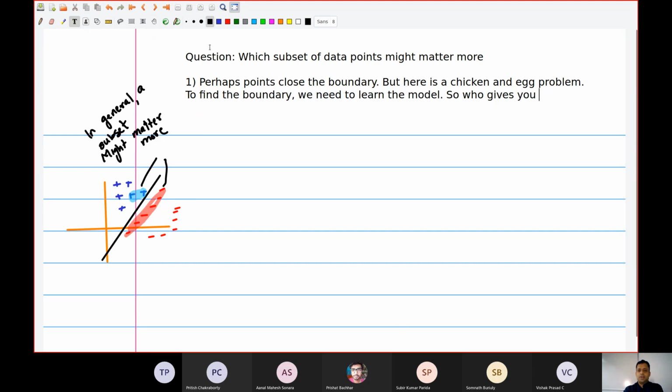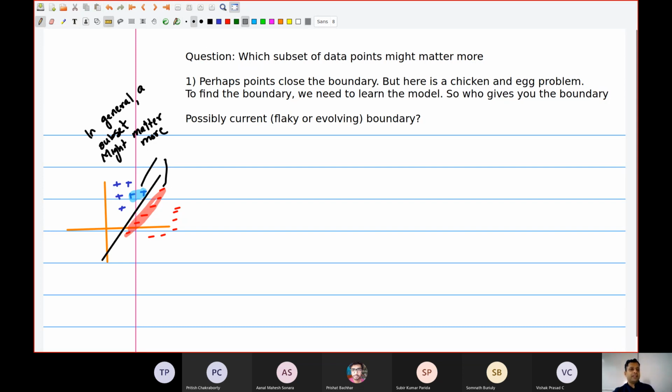So who gives you the boundary? You may say, oh, the current boundary. Possibly the current flaky boundary. I mean, it's changing, it's evolving. A flaky, evolving boundary. Okay, so that's a possibility, right? The orientation could change, fine, and then my semantics of boundary points will change. If it becomes like this, some other points become boundary points. So fine, I'll live with it. What else? That's one. The second suggestion that came up was